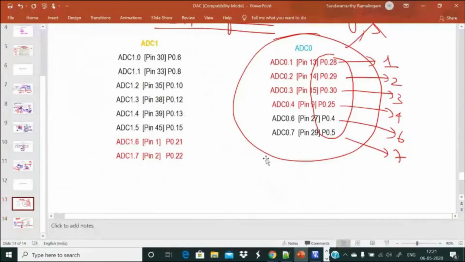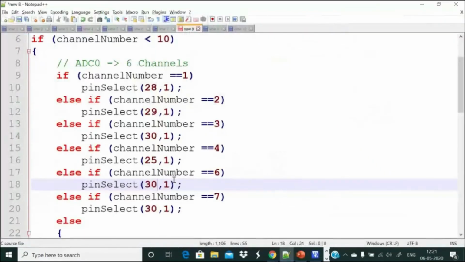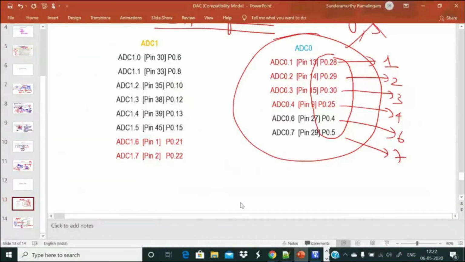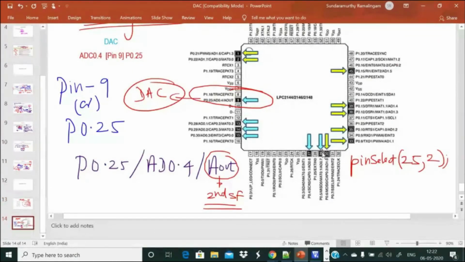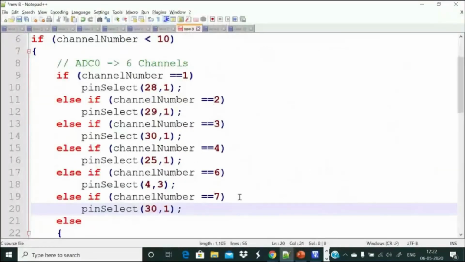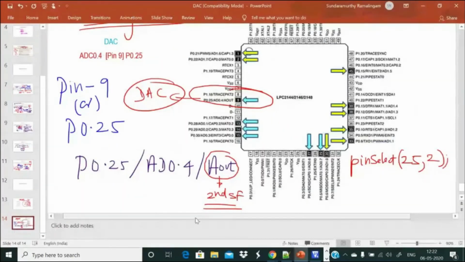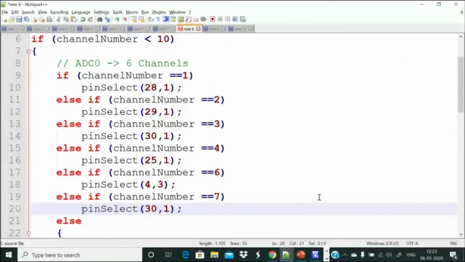Port 0.4, third special function. And last but not the least, ADC channel 7 is pin 29. 29 is here. Again, it is the third special function, that is port 0.5. We have to write port 0 here, not the pin number. Make a note of that. Third special function.